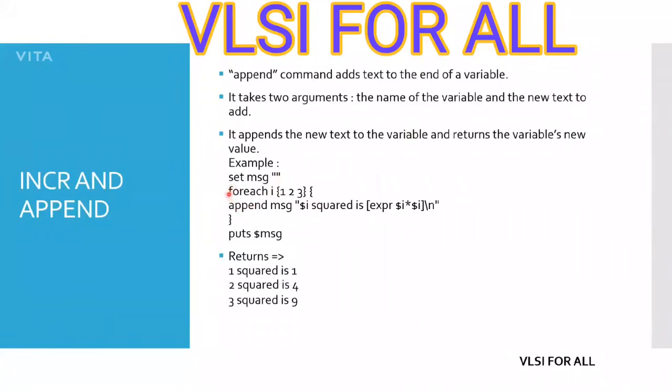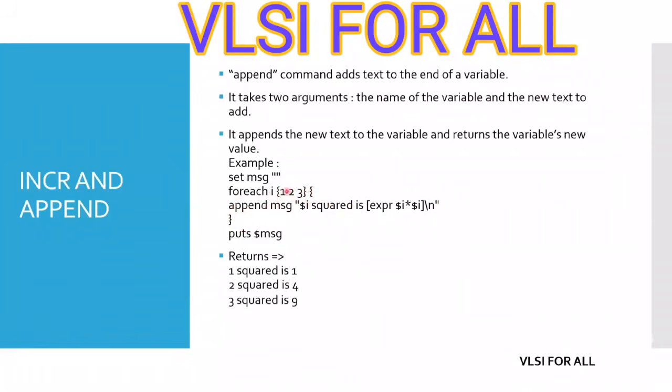Let's look into what a foreach loop looks like, but later we can see in depth how loops work. A foreach loop works like this. You write foreach followed by an index variable, here i, which fetches values from the third component here: 1, 2, 3. This is the list from which i takes one element at a time. So foreach means one element at a time. Then it comes with curly braces, and you type in whatever has to be executed within the curly braces.